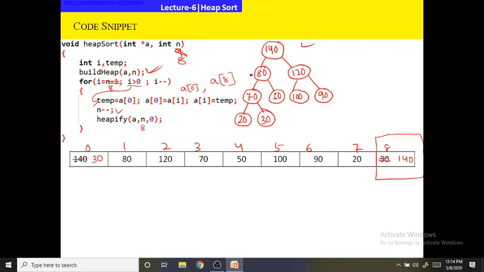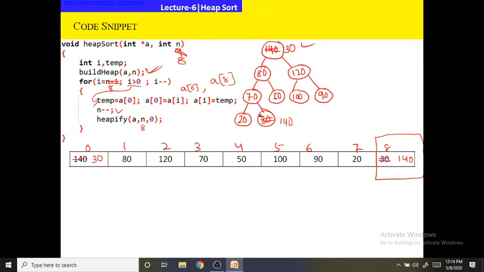So these two values are swapped from the tree point of view. In the array representation we have swapped; from the tree point of view, we have made it 140 and we have made it 30. Now what we have to do? We have to heapify(a, 8, 0).